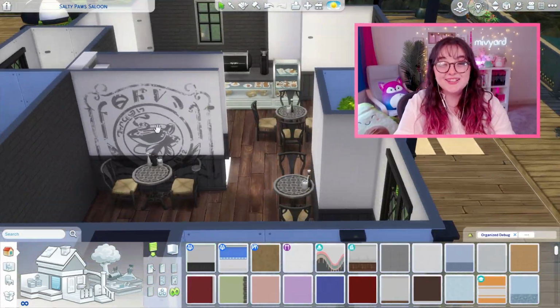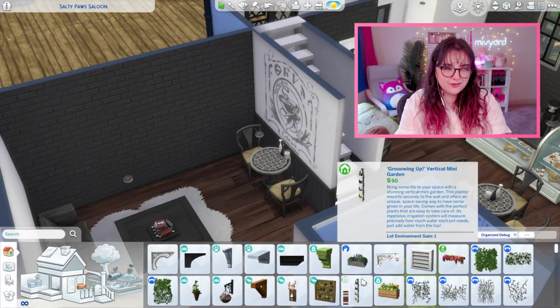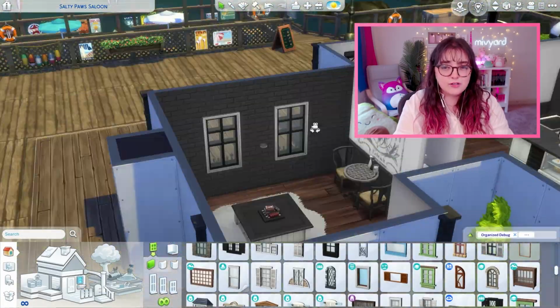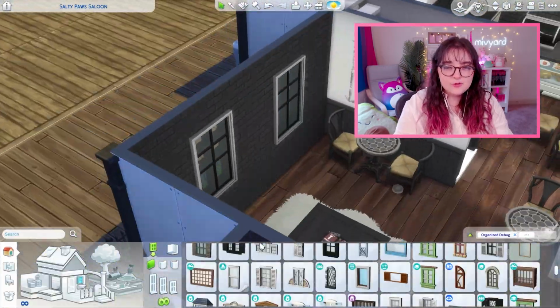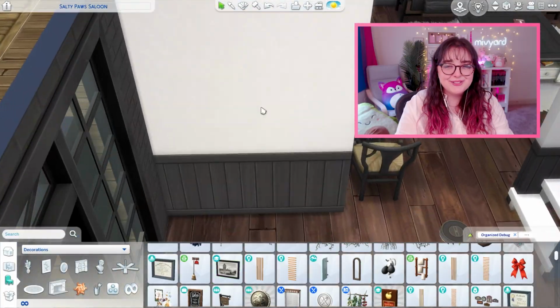So here we are getting to another part that I really struggle with in community lots, which is what level of clutter do you put? So I'm playing around with some wall decorations now. I had some trouble picking out which rug to put for the employees to stand on, which is so silly,